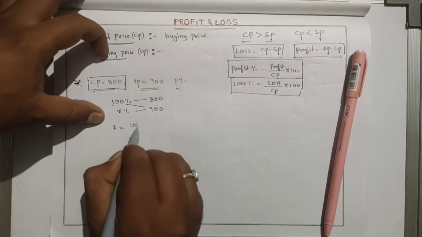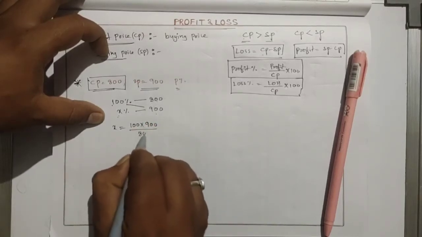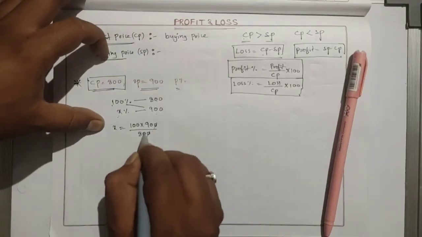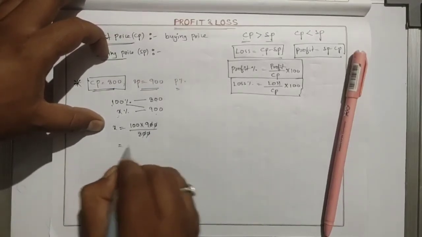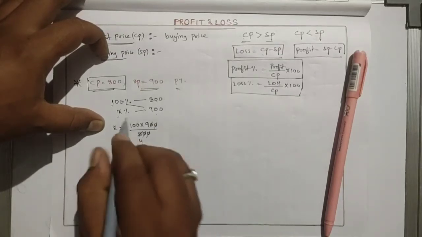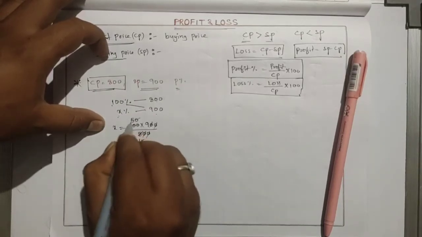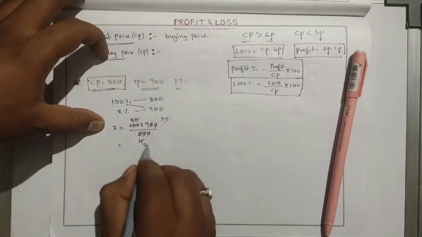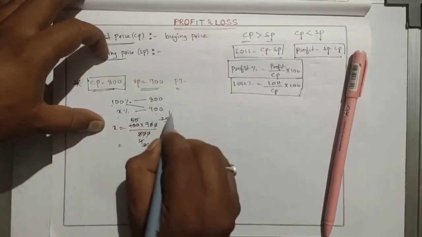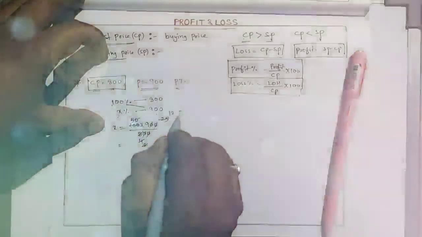That is 100 into 900 by, should take the 800. So now we should cut the 2 zeros here, and we take that 100 means here we get that 2 4 ja 2 5 ja 10 0. Next 2 2 ja 4, 2 25 ja, and here we take that 2 1 ja 2, 2 2 ja 4, and we get the 0.5.